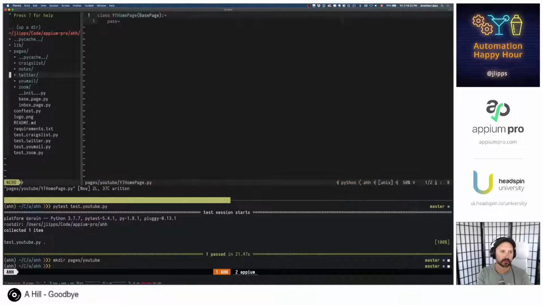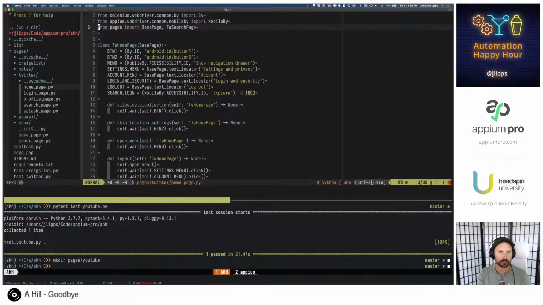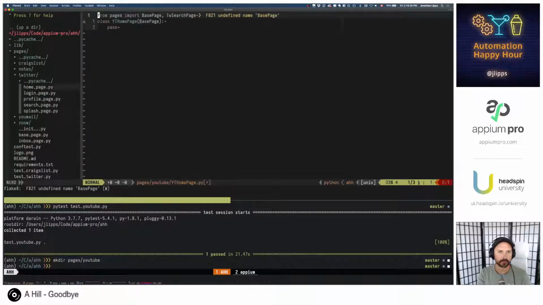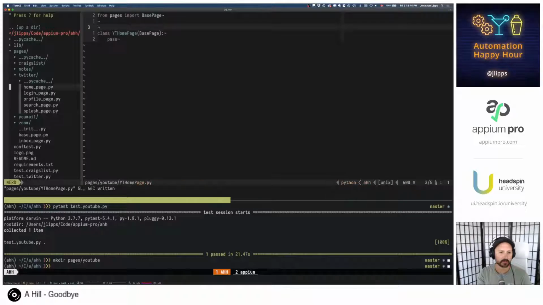And let's just take another page that we did on Android and copy some stuff from there. Oh yeah, that's how we import. Don't need Twitter search page, but there is base page. Oh my gosh, I always do this. Whenever I create Python files, I'm using the Java naming syntax. I'm not using underscores like I should.